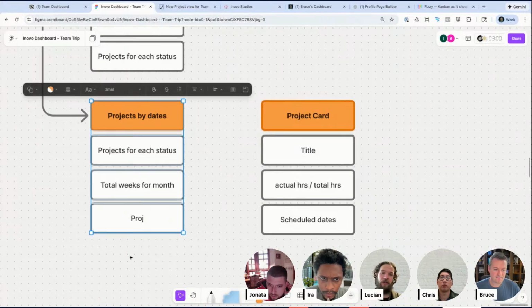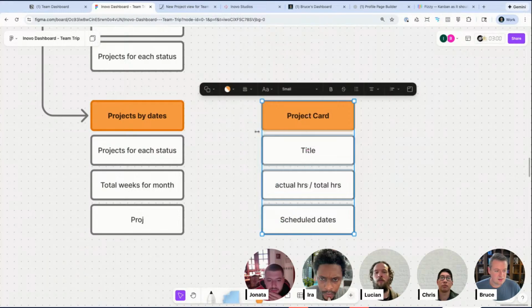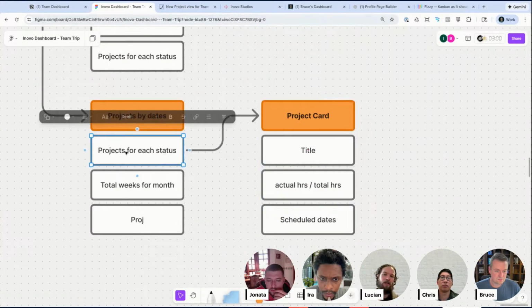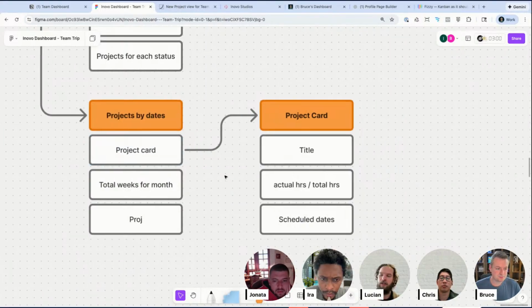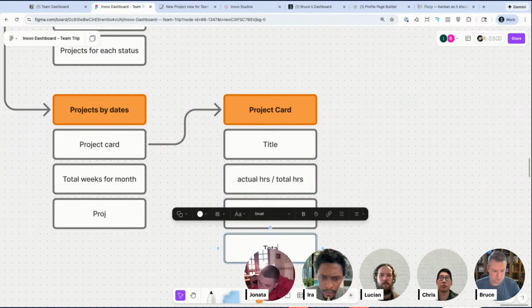Like, were we clear enough on this project? If we weren't, then we'd end up spending more time than we should have. And on their side, they just know that they paid this much and the dates that we wanted to complete it by. It's not even necessarily relevant to them how many hours we spent on it. I think yes, but also